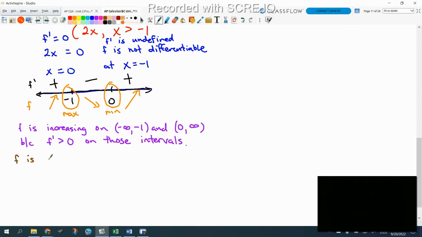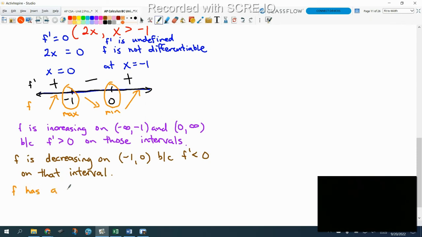F is decreasing on -1 to 0 because f prime is less than 0 on that interval. F has a relative max/minimum at,